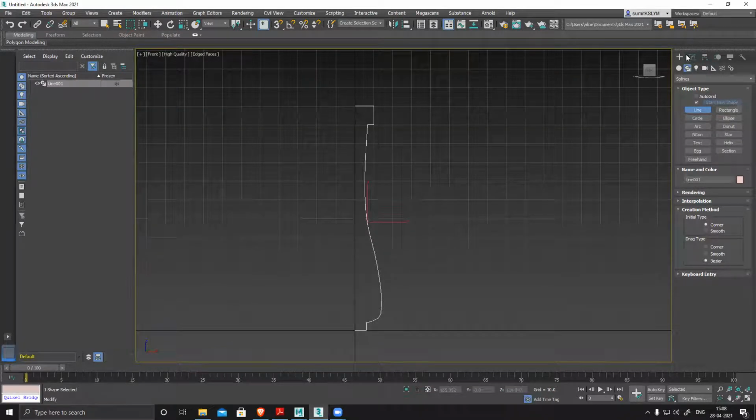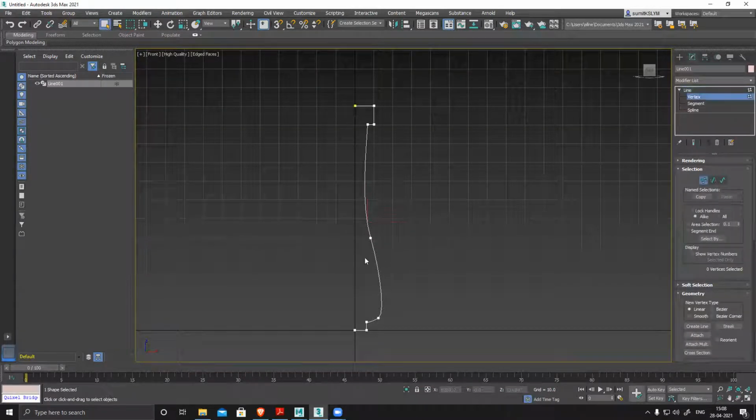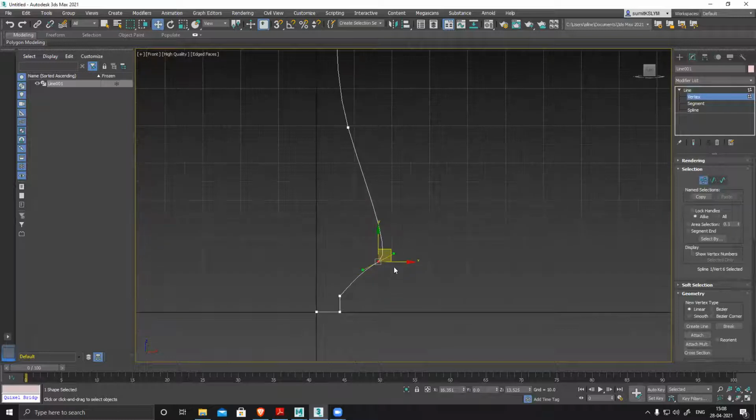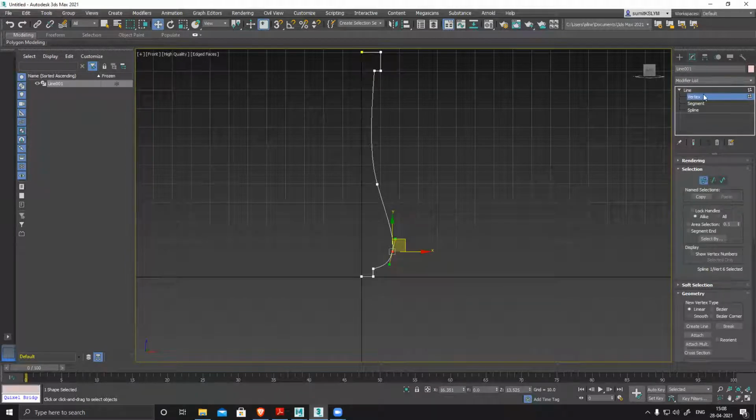I just created a shape and modified these things slightly. This is much better, smooth and clean.